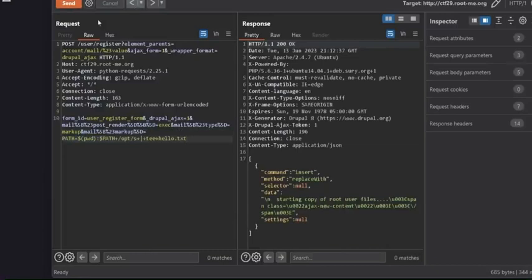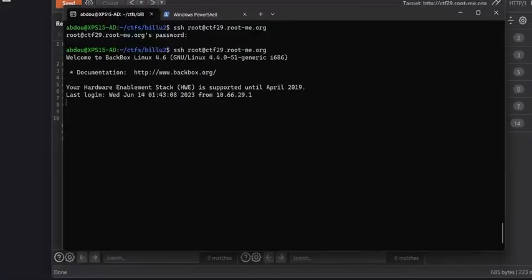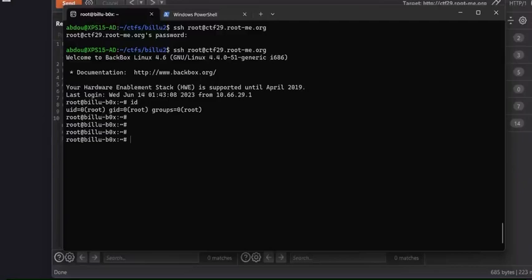And now with our third attempt, let's retry to SSH. And we are in. Perfect. So if I go